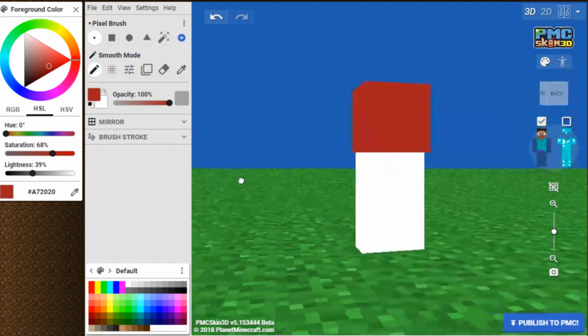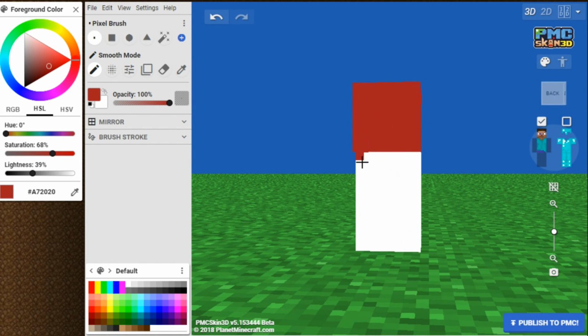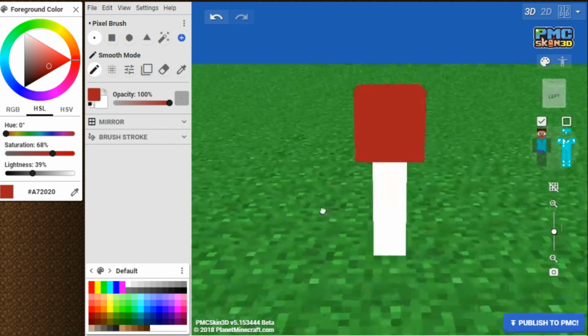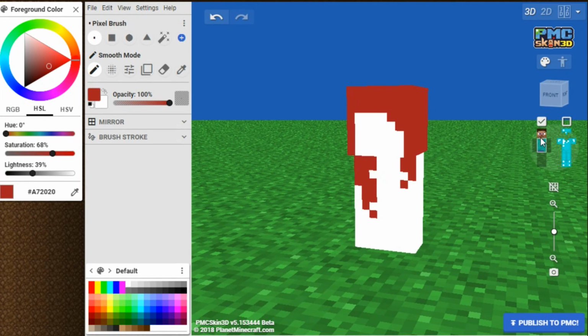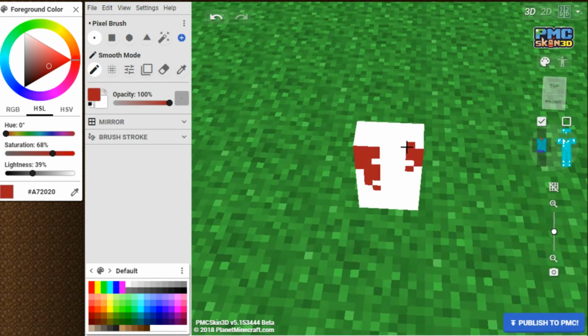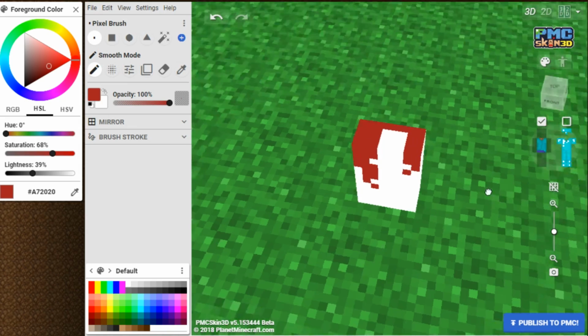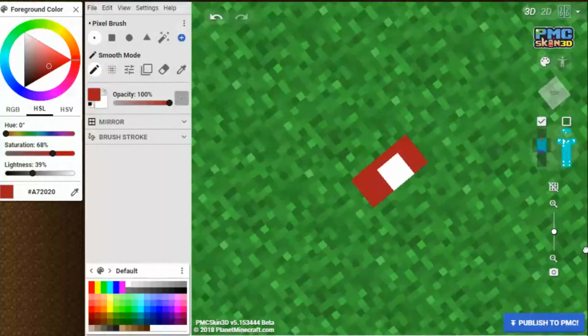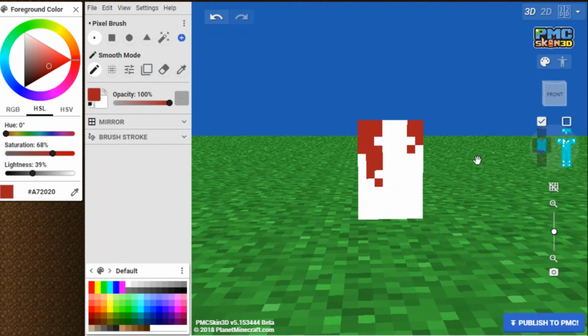And I'm going to do the same on the back. If you have short hair, you can just skip this step because it's much easier to only do it on the head if you have short hair. So I'm going to fill in all of this right here with my red color. Now I'm going to deselect the head and make sure that this little blank area up here connects to the front and back like that, because that's kind of where our shoulders are and my hair does fall over my shoulders.